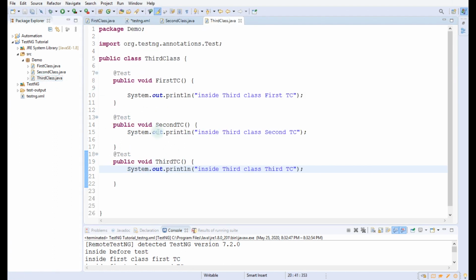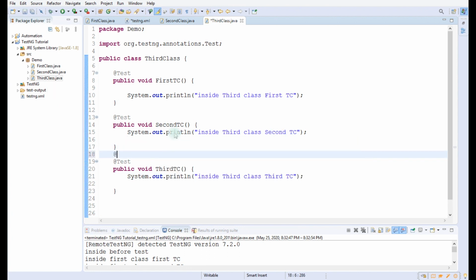So let me write the before suite in the third class. It is not necessary that we have to write before suite or after suite at the top or end. We can write it anywhere inside the class.